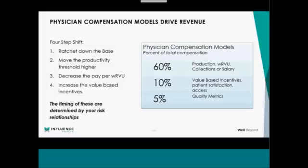The next thing is to move the productivity threshold higher. In other words, the expectation of where you're going to bonus on productivity now moves a little bit higher than it used to. Right? And then the third piece is to decrease the pay per